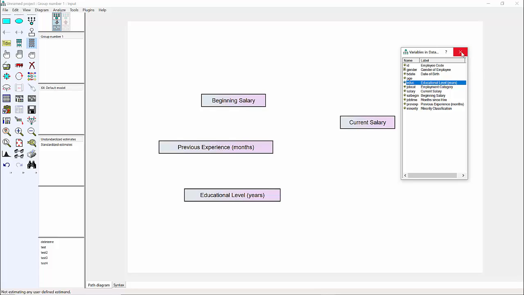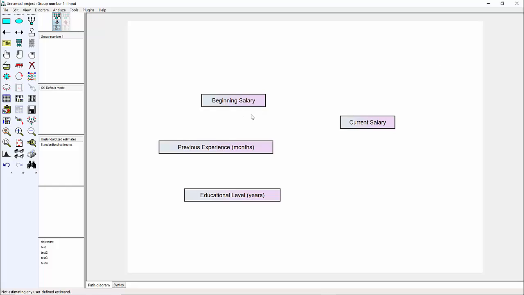So the next thing I need to be familiar with, having specified these, is I need to be able to connect them up in some way. So I can use this sort of regression line here. This is a draw path, a single arrow path. It just means I'm using this field to predict this field, this field to predict this field. Okay. And if I click on my little move objects button here, this little truck button,